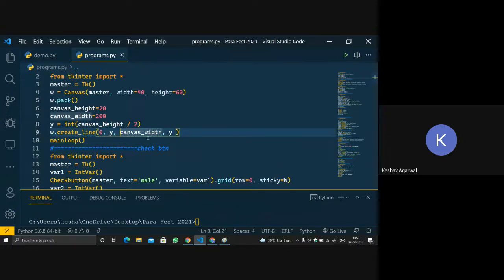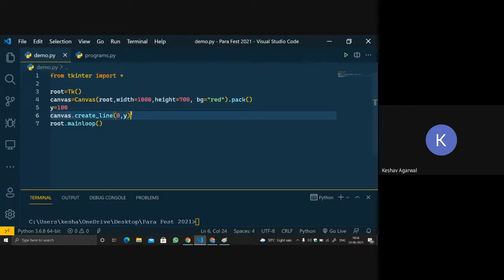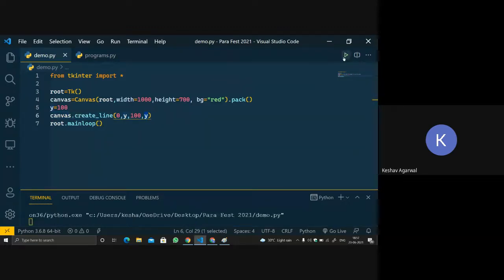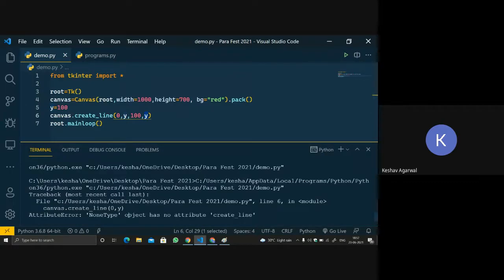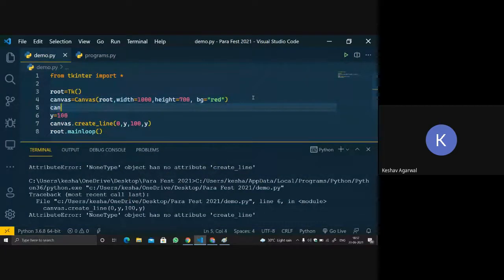Canvas width is okay, 200 comma y. Let's run the code again. Again we got an error: NoneType object has no attribute. Let's do one thing: canvas dot back.